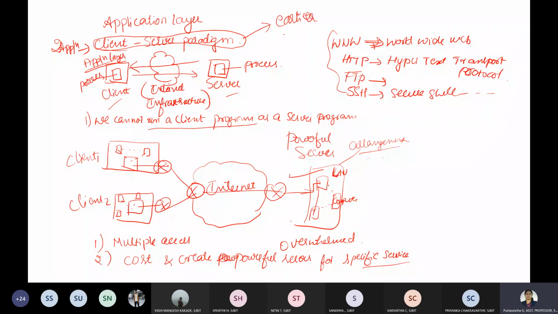Now when we talk about the new paradigm, we have something called peer to peer. So here we talk about the peer-to-peer paradigm. This is the new paradigm which was designed after the client-server. I think you might have seen P2P, right?